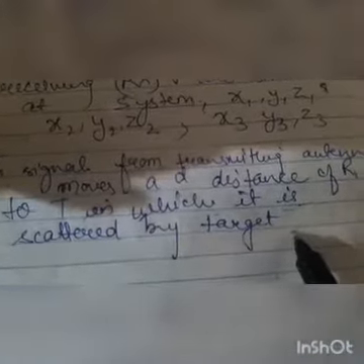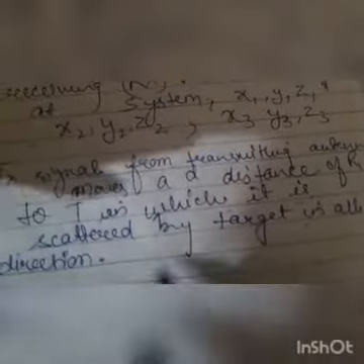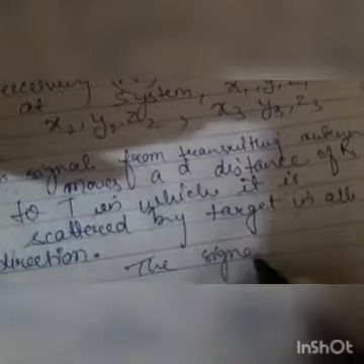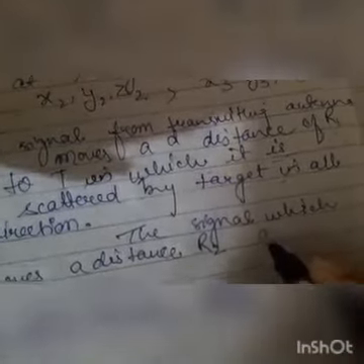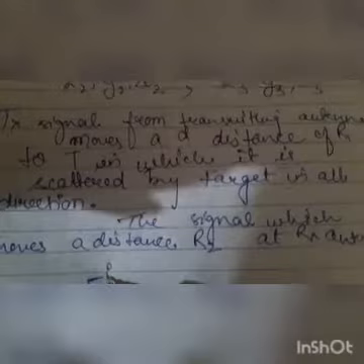is scattered by a target to all directions. Okay, so the signal moving at distance r to obtain the receiving antenna. So the signal which moves a distance r2 at receiving antenna, at receiver. So the wave will be at incident is E is equals to, there is incident wave, so we